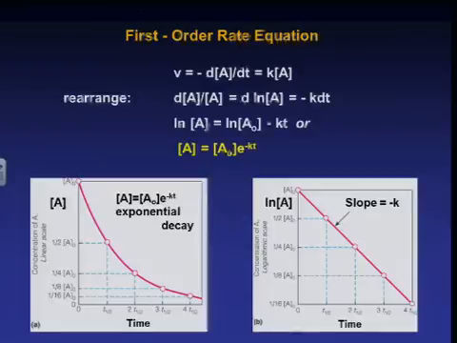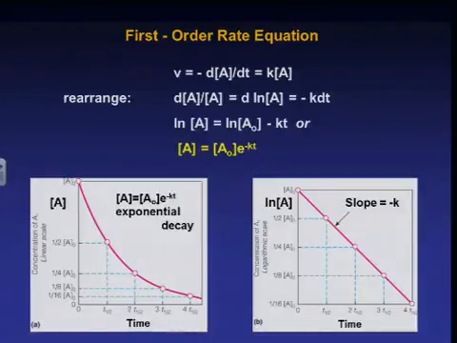Okay. So what are the manifestations? Let's say you have some reaction that's going on and you're not really sure if it's first order or not. You can basically do an experiment and look at the rate of appearance of product or the rate of loss of reactants and plot it out to see what the order is. All right. So we've said that the velocity is equal to Ka. We can rearrange this,